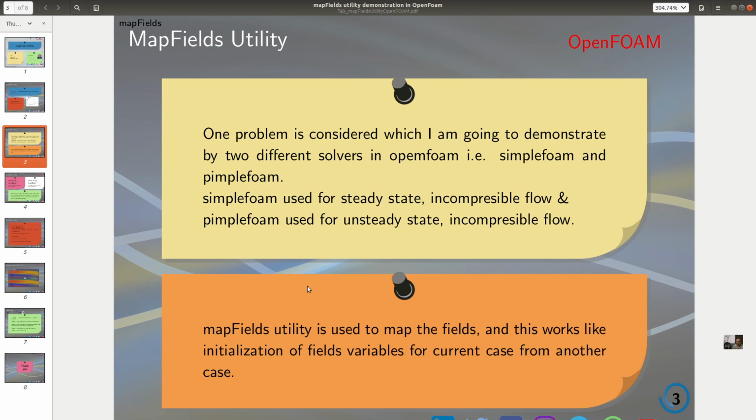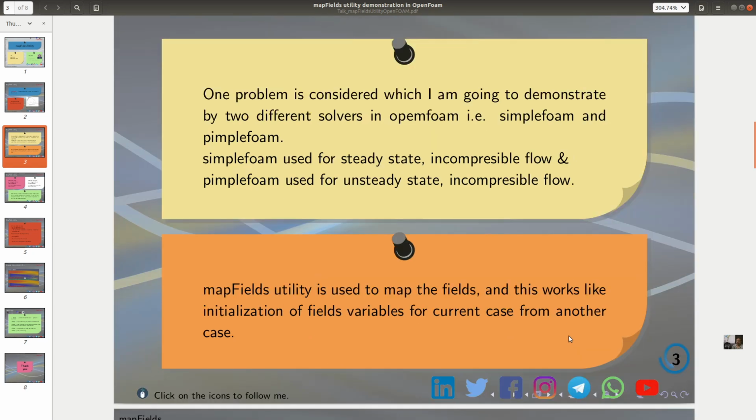The mapFields utility maps the fields and works like an initialization for the current case from the another case. We will discuss in more detail when we use the demonstration case.